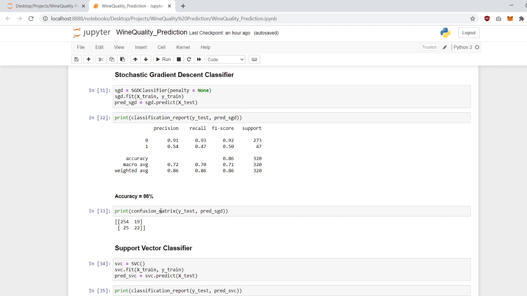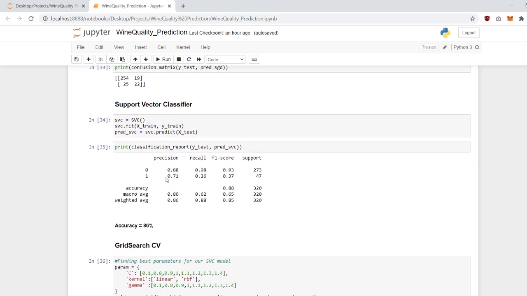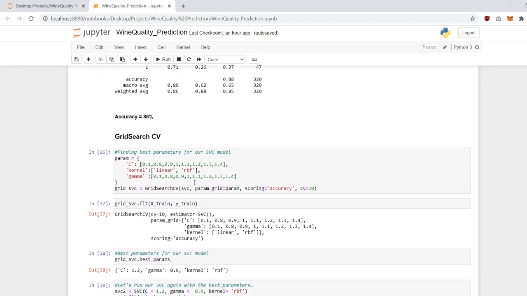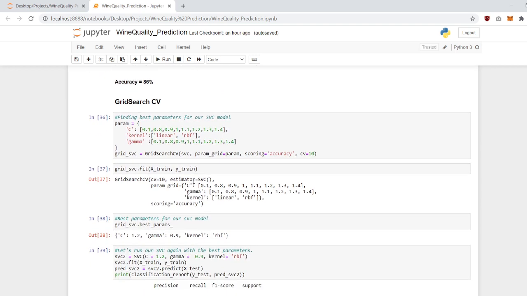The next important classifier that we are going to see is the SVC classifier. And the objective of the SVC classifier is to fit the data that we provide, returning the best fit hyperplane that divides or categorizes the data. So similarly, we will create the SVC object. We'll fit the model with the training data and the y-train true values. We'll get the predictions on the X-test data, and then we see that the accuracy of it remains almost similar, which is 86%.